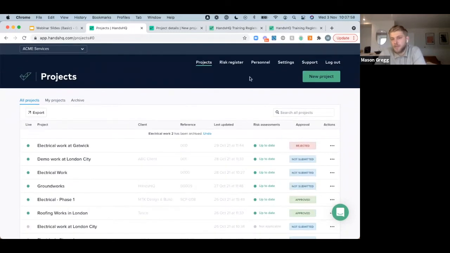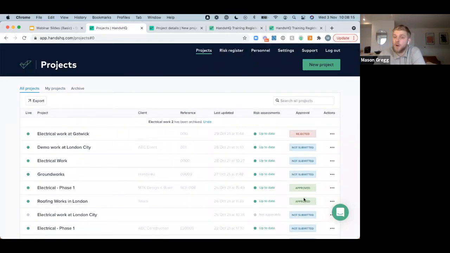We've got a feature which is our risk register, which you can see here, where you can actually update individual risk assessments. Let's say a slips, trips and falls control measure, for example, needs to be updated. If you've got a project which is currently using an old version of that risk assessment, then it's going to show up here to say whether it's out of date. There's also an approval workflow. This is more of an internal approval workflow that could be created, like an approval hierarchy, which we can see here, whether we've got approved documents, documents that are yet to be submitted, or documents that have had that internal rejection and need to be updated and amended.